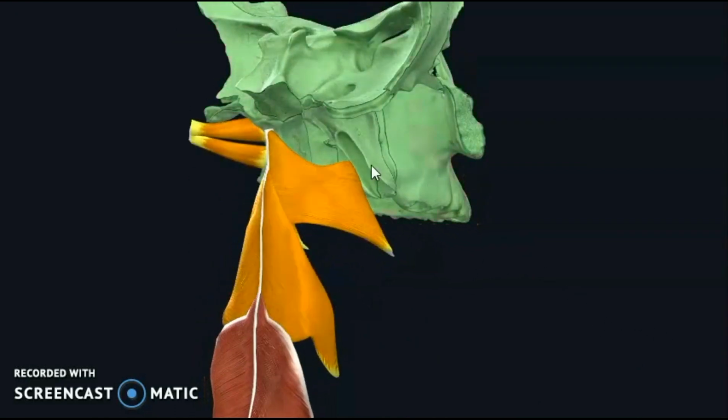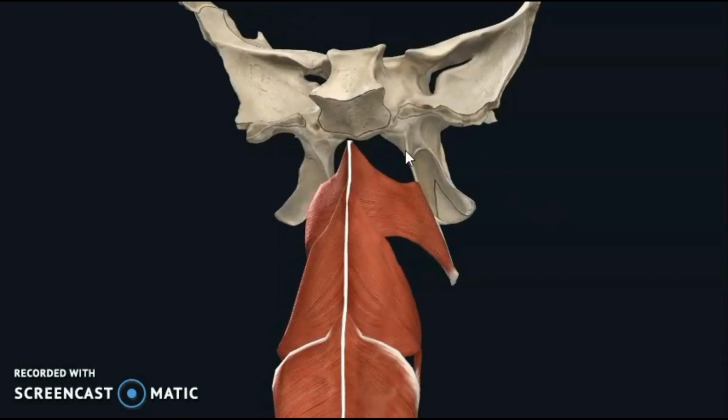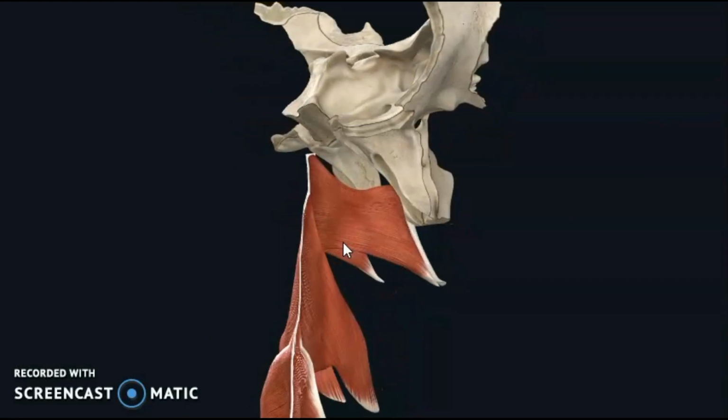You can see the superior constrictor taking origin from the posterior margin of the medial pterygoid plate below the processus tuberis, because above the superior constrictor there is the opening of the auditory tube along with the levator veli palatini and ascending pharyngeal vessels and all. The foramen of Morgagni will be there above the superior constrictor. Now you can see the pterygomandibular raphe, giving origin to the lower fibers of the superior constrictor, and that is the scaphoid fossa there, the arrow was showing the scaphoid fossa.